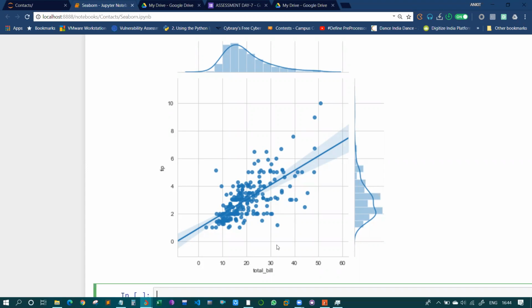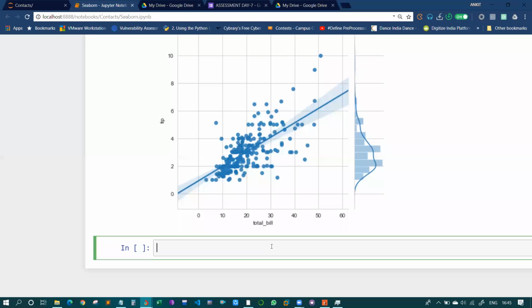But suppose our data set contains 50 columns, and your boss has said to compare those 50 columns with all the columns available. You cannot just plot 50 into 50, it will give you 2500 combinations. You cannot sit and plot 2500 graphs. One best thing that you can do is pair plot.